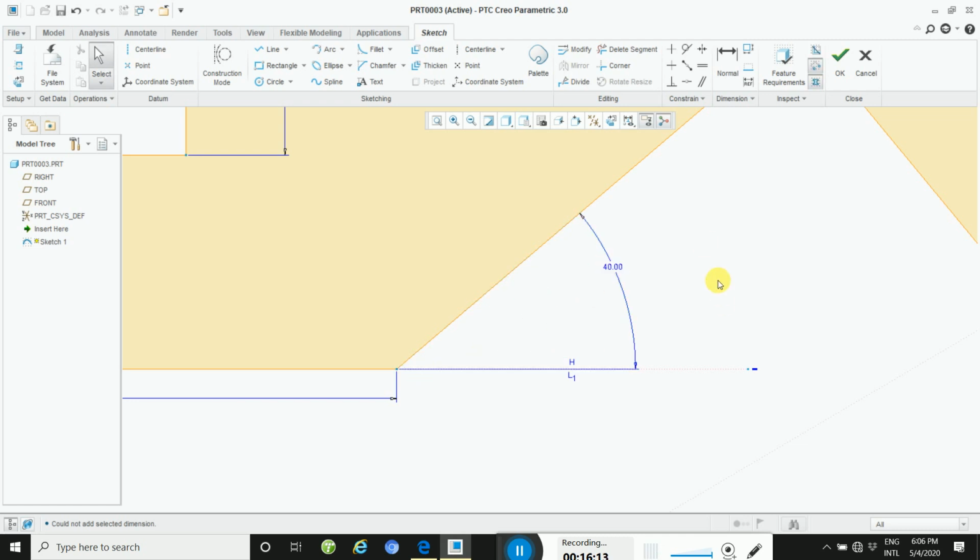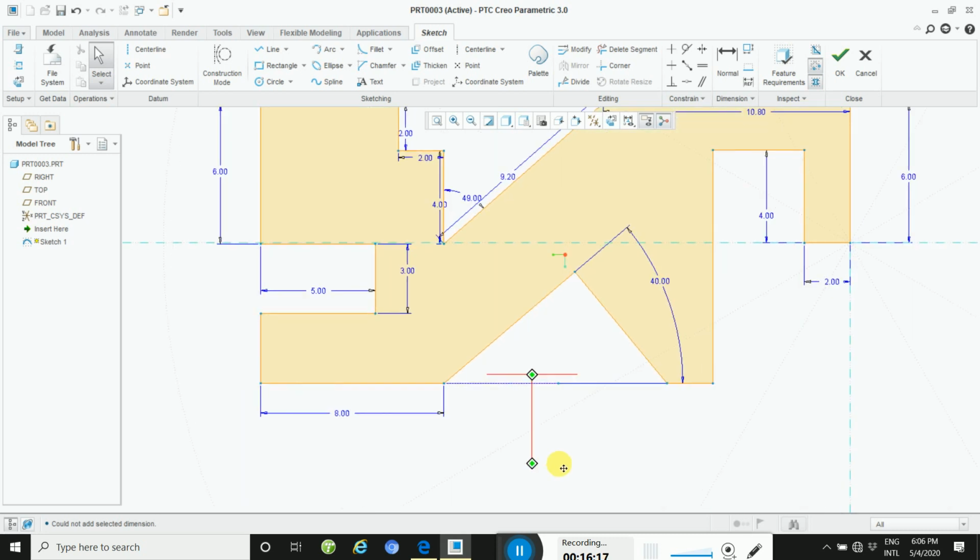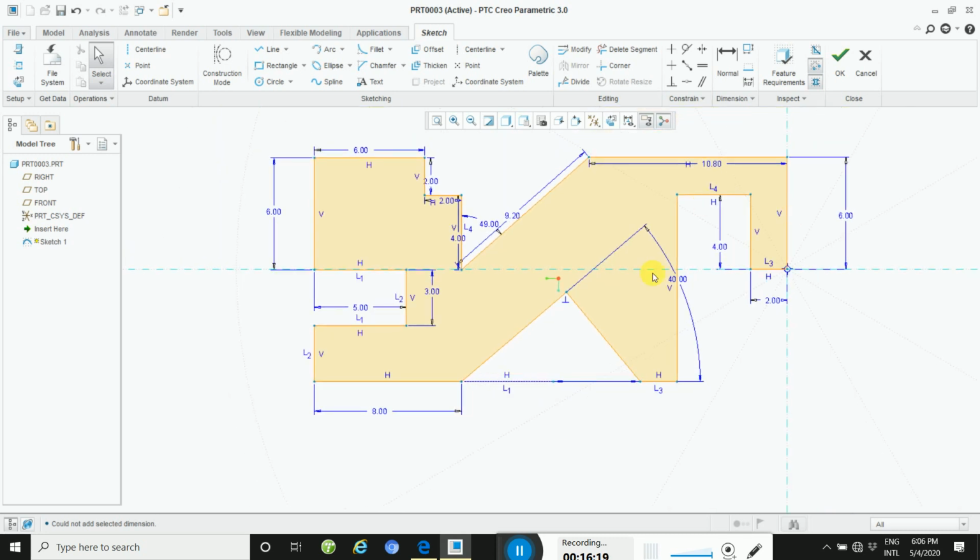This way all your dimensions are defined.